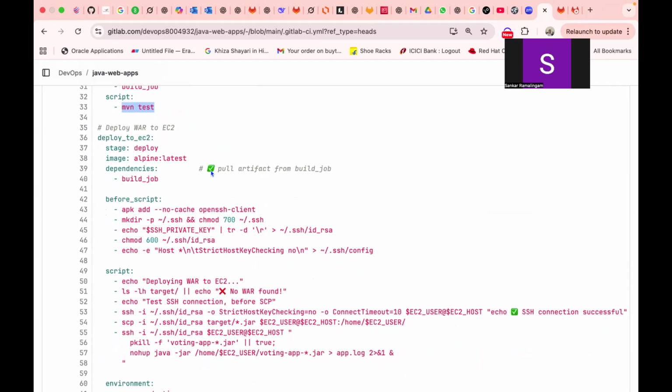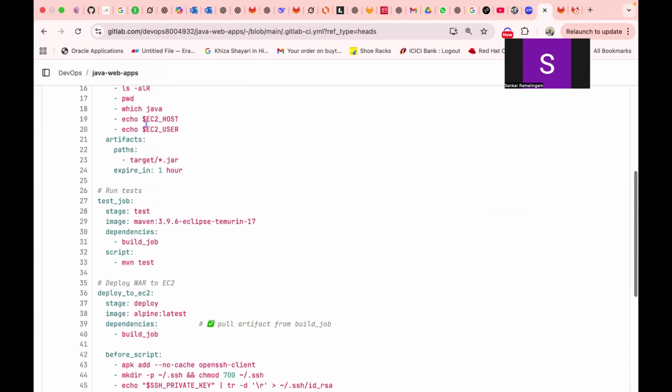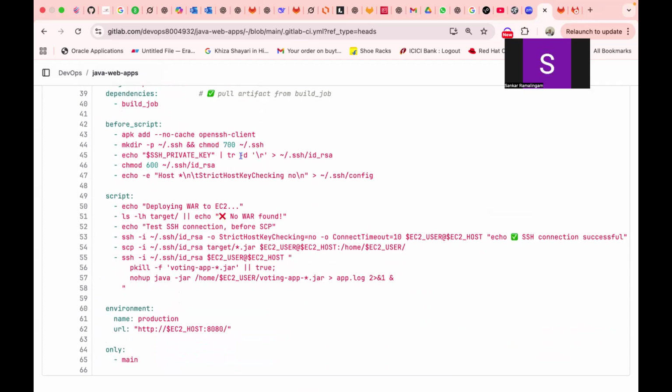So here it will pull artifacts from the build job. Whatever jar file is there in the build job, it will pull it and then use it here inside. If you look at it here, I am SCPing to the EC2 IP. See line number 54, SCP is copying the target.jar file from the executor to the EC2